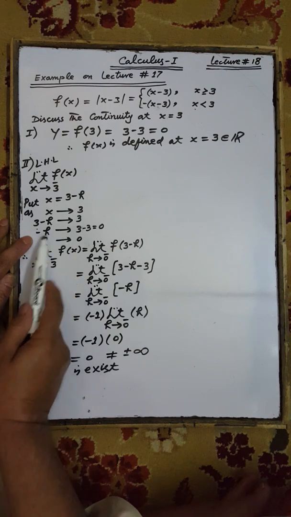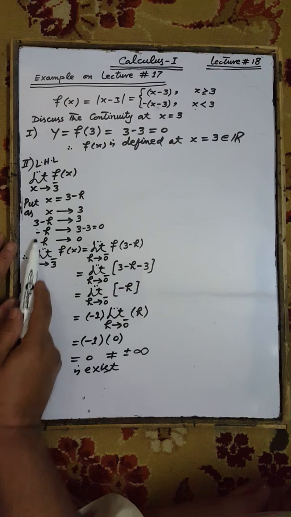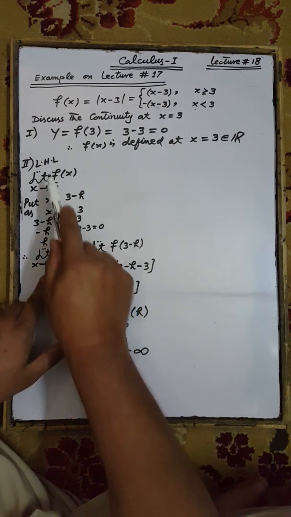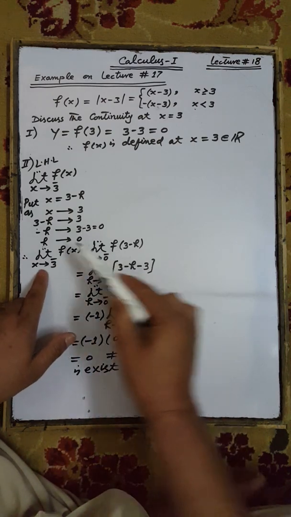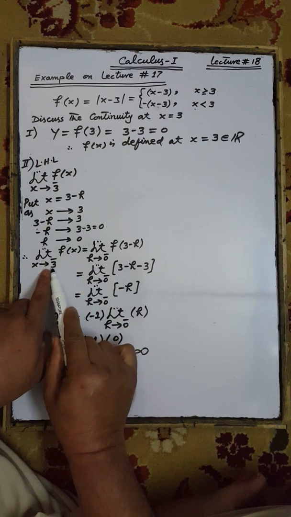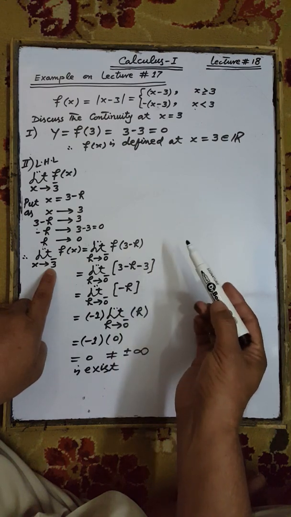Subtract 3 from both sides. We have minus h tends to 3 minus 3 is equal to 0. Multiply by minus 1, which gives h tends to 0. Therefore, the left hand limit of the function f of x at the point x equal to 3: replace x tending to 3 by h tending to 0, and this limiting value is on the left hand side of the neighborhood of the point 3,